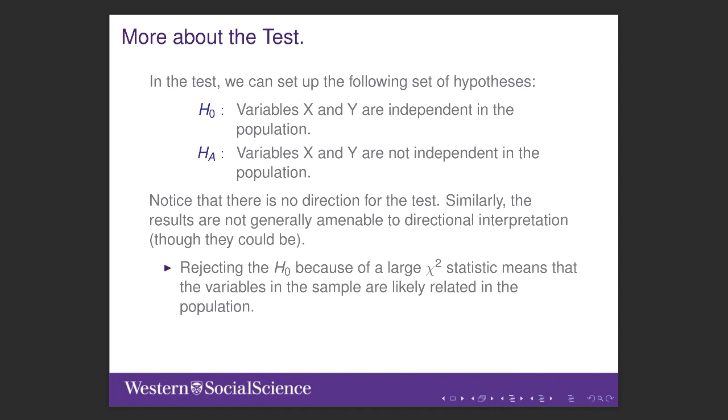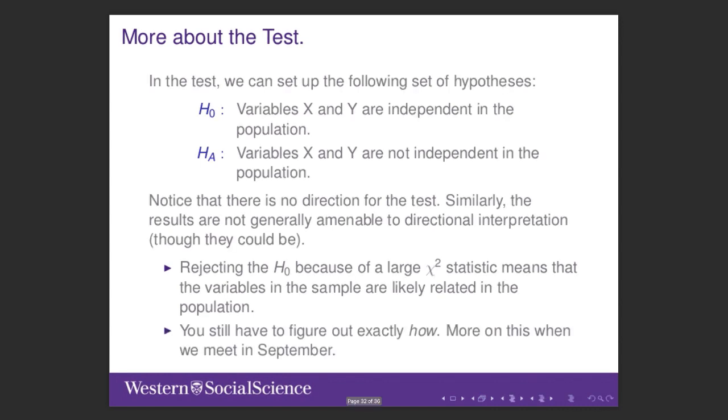Rejecting the null indicates that there is likely a relationship in the population, but we still have to figure out what it looks like. In the example above, we noted that men were on average more likely to get food and women more likely to change the channel or ignore the commercial. We'll talk about some other ways of presenting this information when we get together in